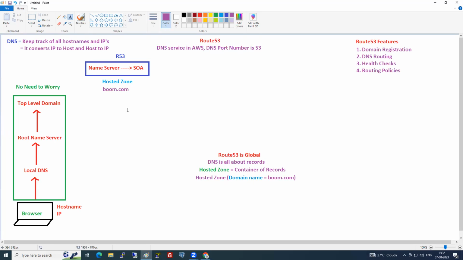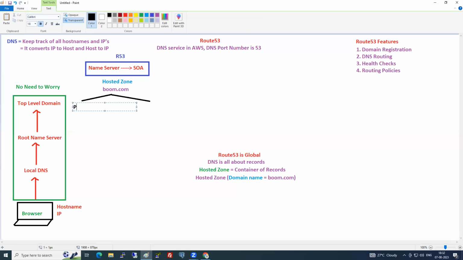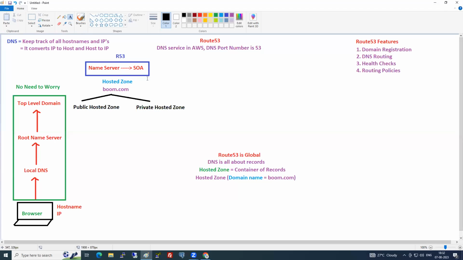And if you don't want to access it from the internet and you want to access it within the VPC, within AWS, which hosted zone? So there are two types of hosted zones. Number one, public, and then private. Public hosted zone will work through the internet. And this one, the private, works within the VPC. Getting it slowly? Online, is it clear till here? Getting it?